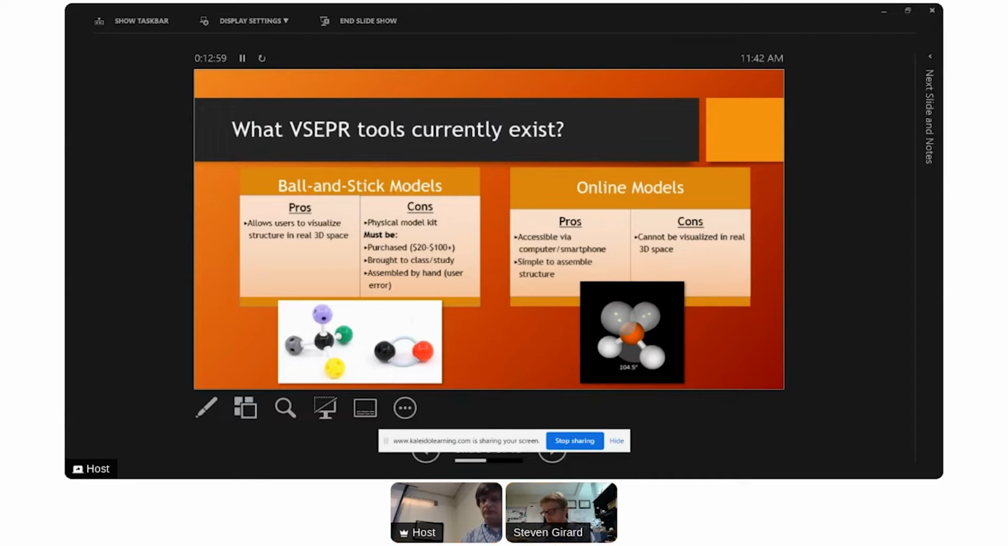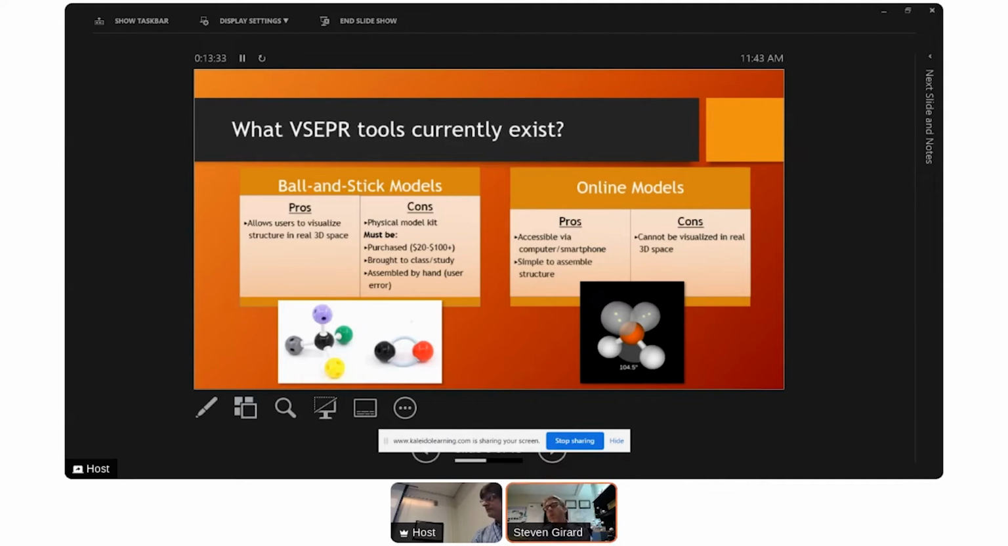Now, these are really helpful because they're highly accessible. Students can access them on their smartphones or computers. They're very simple to assemble because you don't have to physically assemble anything. The fundamental issue with any of the online modeling kits is that they cannot be used or visualized in real 3D space, the space that the student actually resides in. They always have to look at these online models on a 2-dimensional representation of a